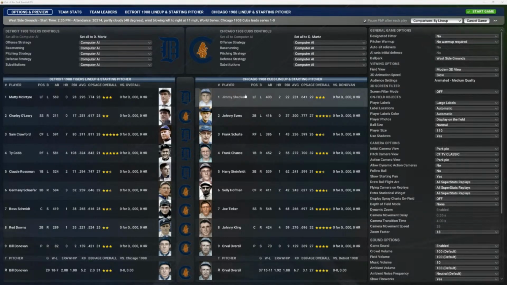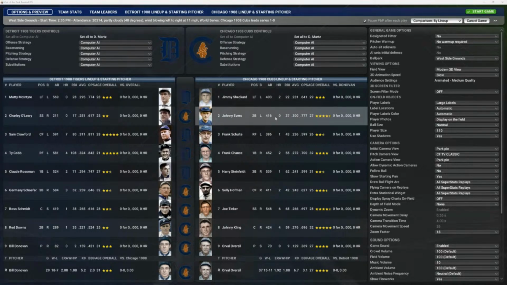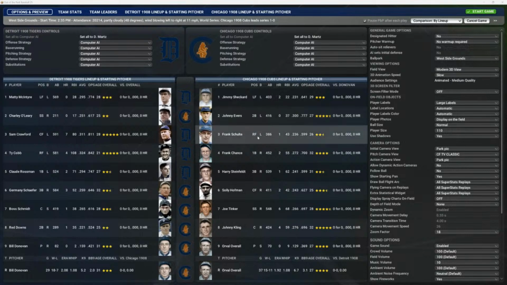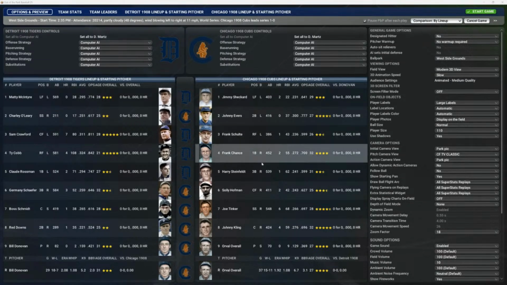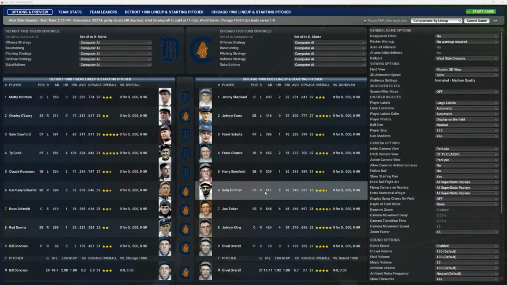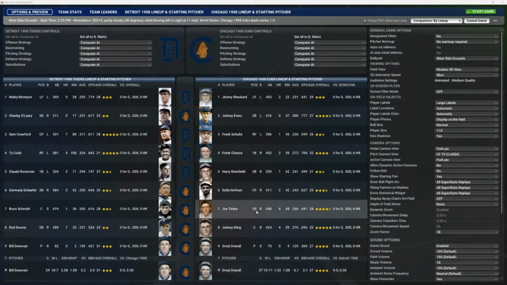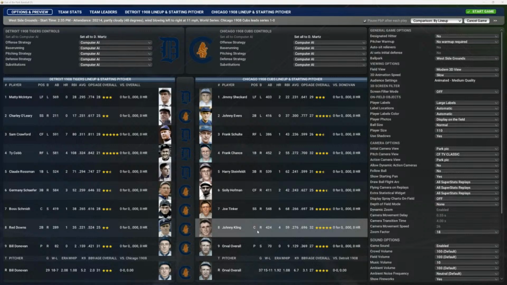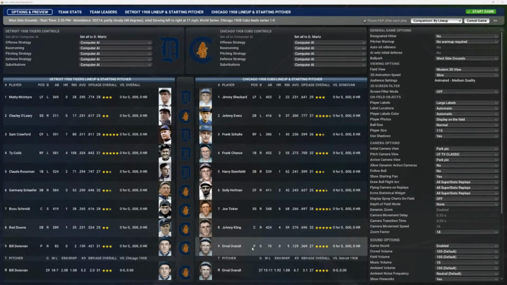And for the hometown Chicago Cubs, you got leading off playing left field Jimmy Sheckard, batting second, playing second Johnny Evers, batting third, playing right field Frank Schulte, batting fourth, playing first base Frank Chance, batting fifth, playing third base Harry Steinfeldt, batting sixth, playing center field Solly Hofman, batting seventh, playing shortstop Joe Tinker, batting eighth, doing the catching Johnny Kling, and on the mound batting ninth for the Cubbies is